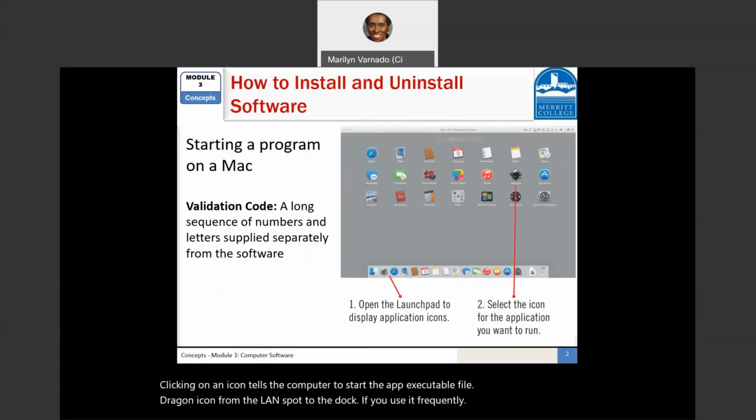Do you have to activate the software? Yes. Although you may be allowed to run a program for a set number of times before activation, generally you need to activate the program for long-term use. To combat piracy, many software publishers require users to type a validation code to complete the installation and activate the